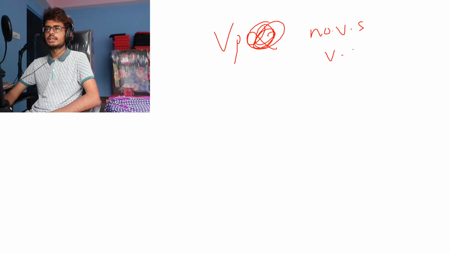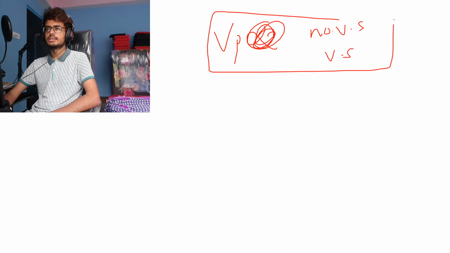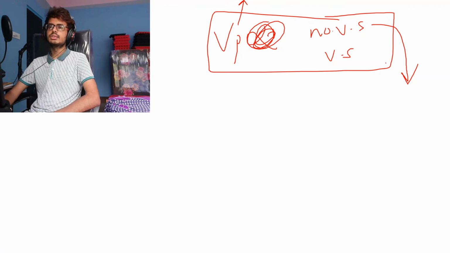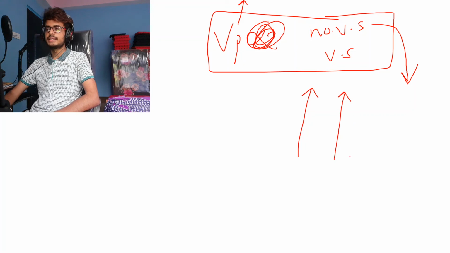Okay. So we have a relation of vapor pressure with non-volatile and volatile solutes, right? When a volatile solute is added to a solvent, it will increase the vapor pressure. When a non-volatile solute is added to a solvent, it will decrease the vapor pressure. When you talk about vapor pressure, you just need to consider the vaporizing property of a liquid: how fast can it vaporize, and how much of the liquid can vaporize? The faster it can vaporize, the more the vapor pressure.